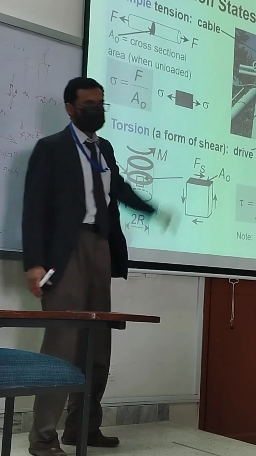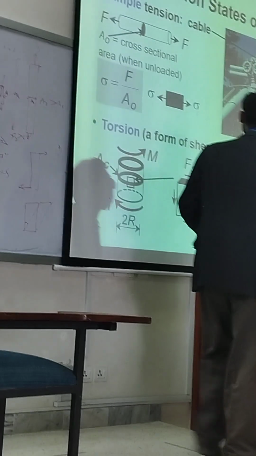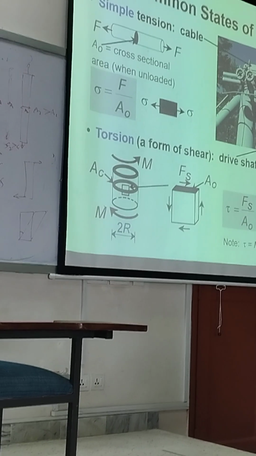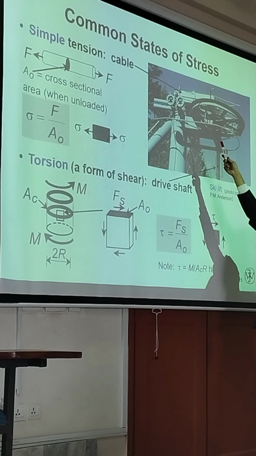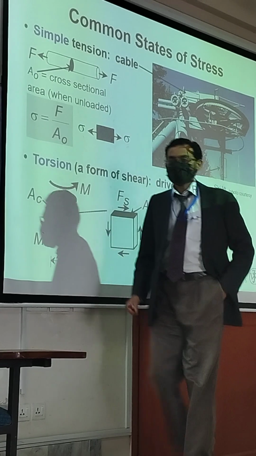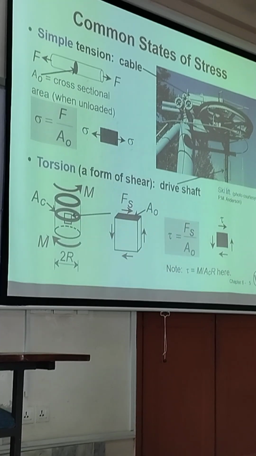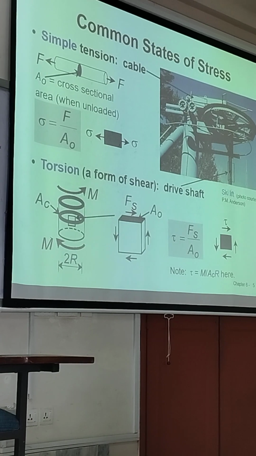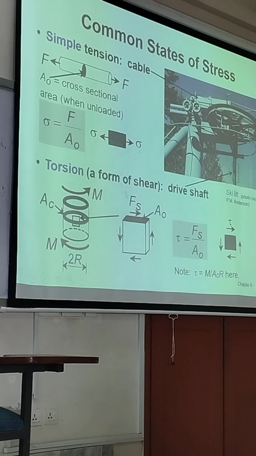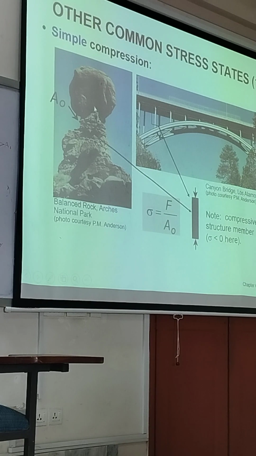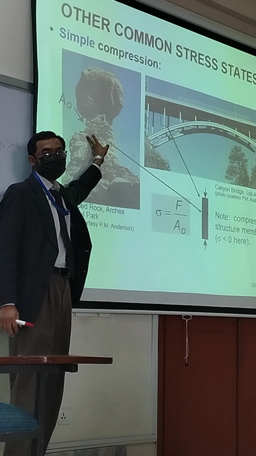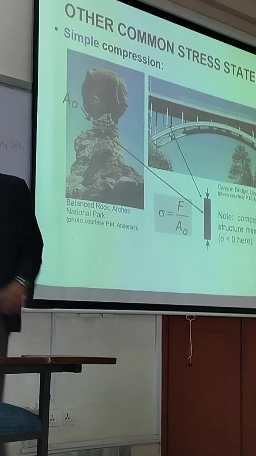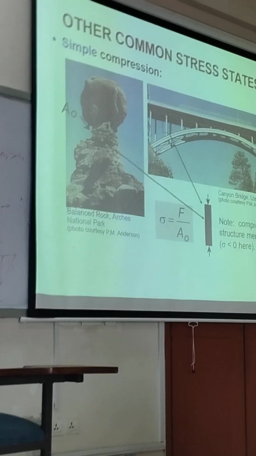And what about other kind of stresses that we find? You see that there is going to be a lot of load pressing down on this column, and that is going to cause compressive stress. Plus on the cable, you can see that the cable is under tensile loading, it is being pulled apart. So that kind of tension is going to be an axial stress. In nature as well, we see these kind of structures, a rock which is resting on a natural formation, and this